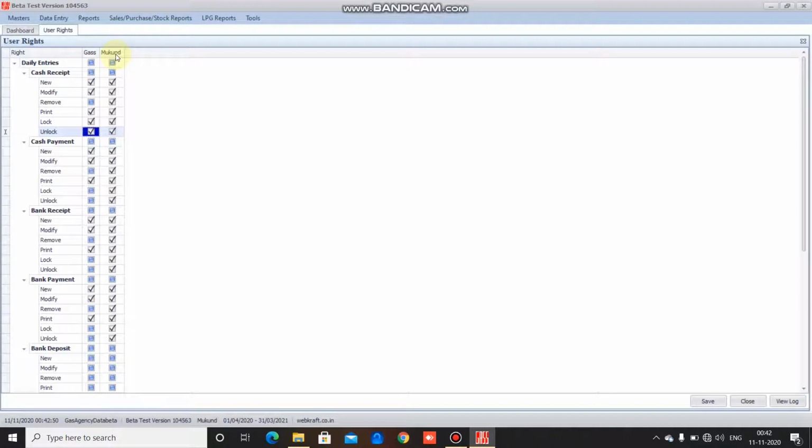But at the same time, to user Mukund, who is an admin user, I am giving all the facilities of making new entries, modifying entry, removal of entry, print, lock, unlock, etc. in all these options: cash receipt, cash payment, bank receipt, bank payment, etc. Now we say save,